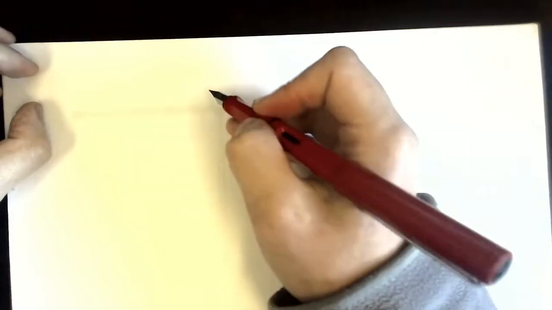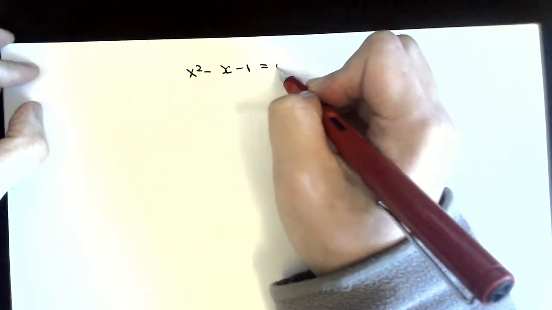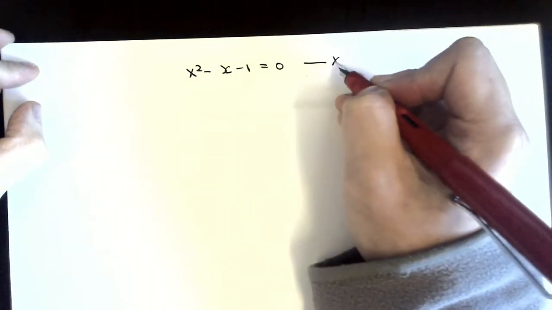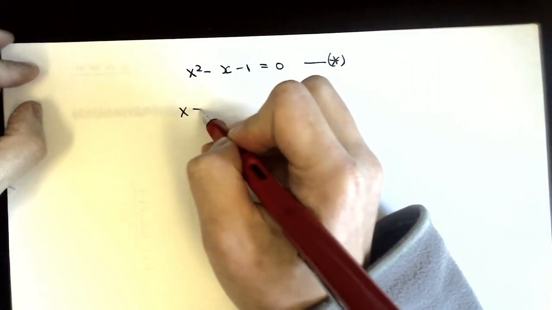In this video, we will do some work on a very simple quadratic equation. x squared minus x minus 1 equals 0. This equation can be easily solved by the quadratic formula. x equals